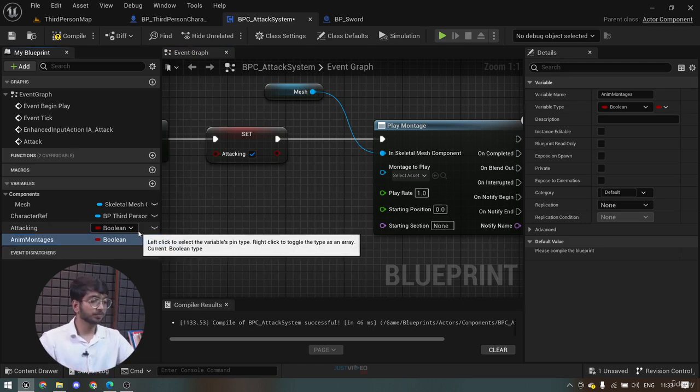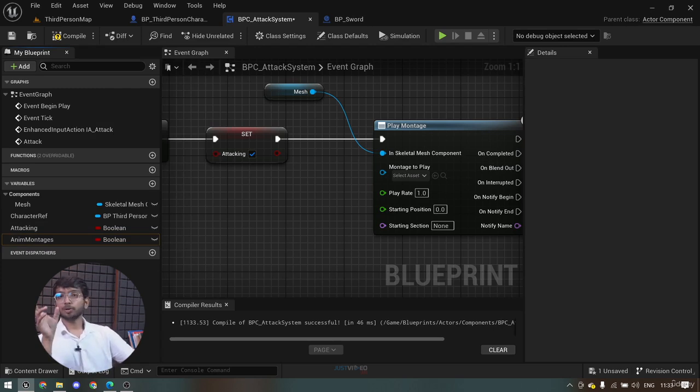Montages. Yes. So from the array we'll get a random index, and we will use the array which is